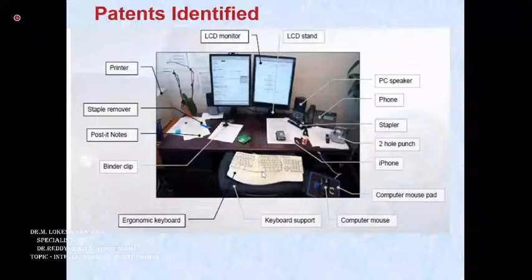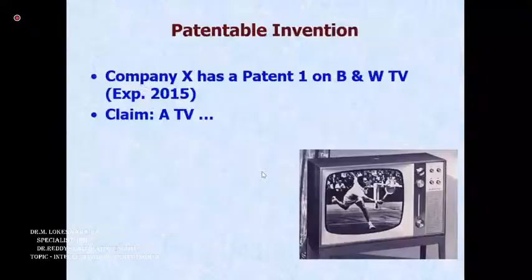So you see here, patentable invention. Suppose company X has patent 1 on a black and white TV. Maybe this is already expired, and this is a very old story. I am just telling that it expired. Suppose the expiry date is 2015, and what they are claiming is a TV without mentioning black and white or